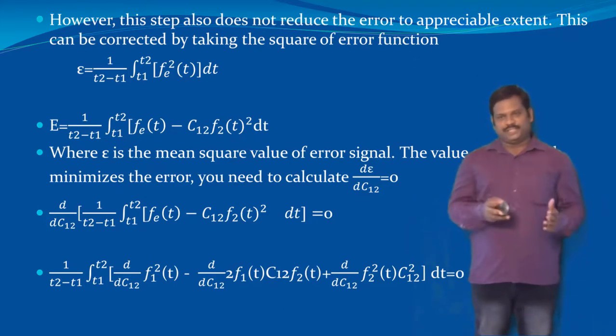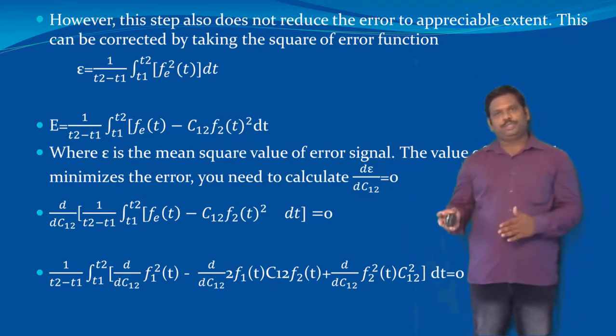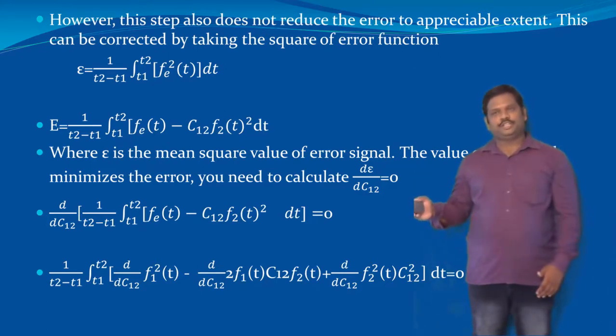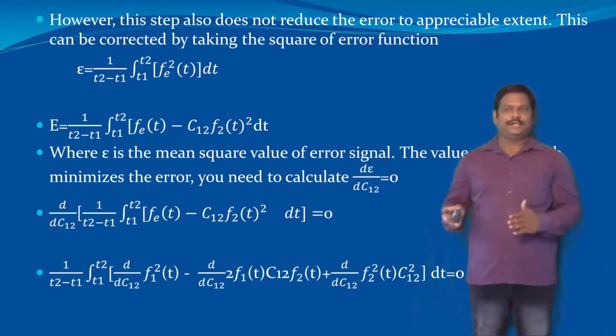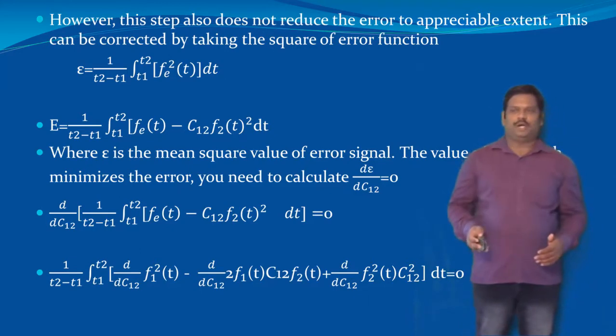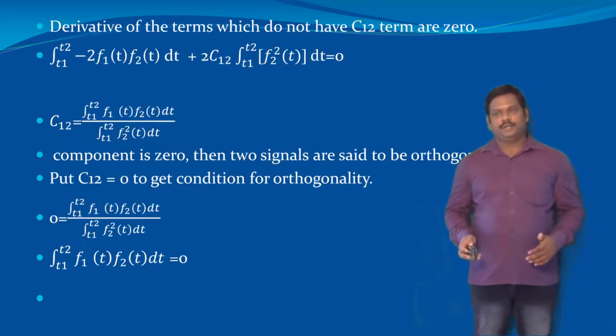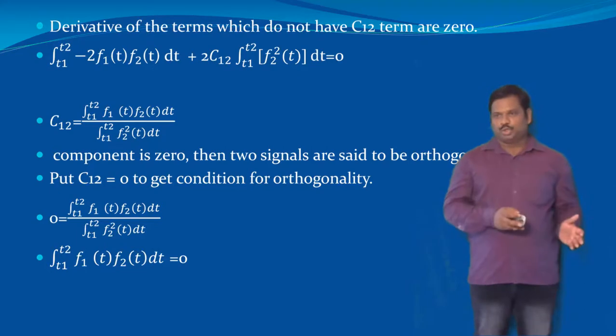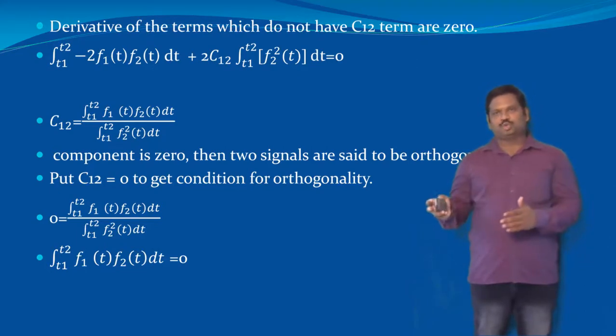The first term is f1 square of t, the second term is 2 f1 of t c12 f2 of t, and the third is f2 square of t and c12 square. These are the three terms which are equal to 0. When solving this particular one, we will get the expression with the two terms of minus 2 c12